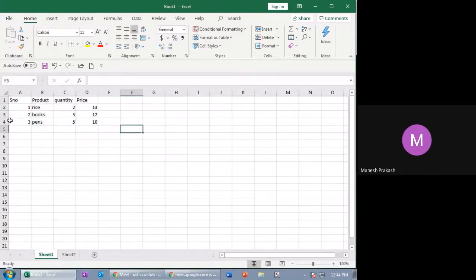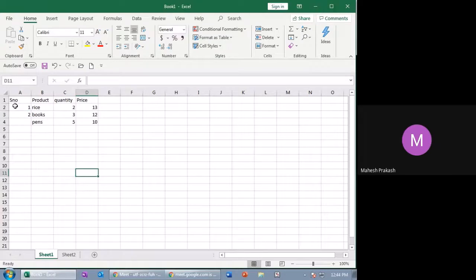Imagine there are around 120 products, and you need to type all the serial numbers over here, till 120. It is a headache to go on till 150 because you might miss some number. So there is a shortcut to create serial numbers in sequence. For example, 1 2 3, you want it till 150.